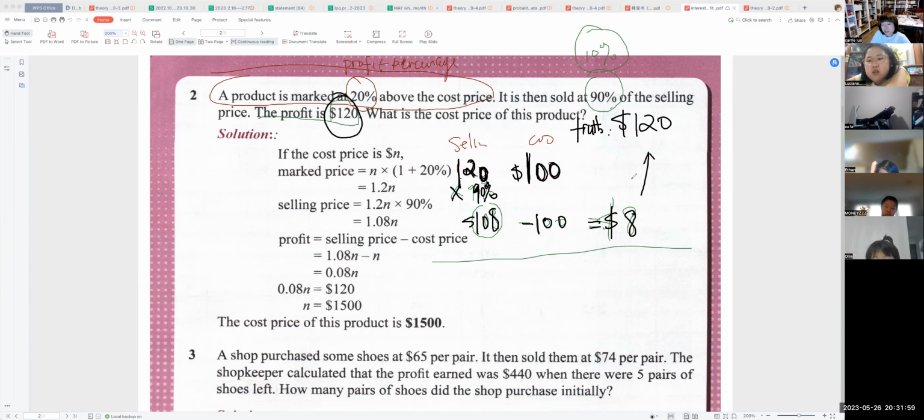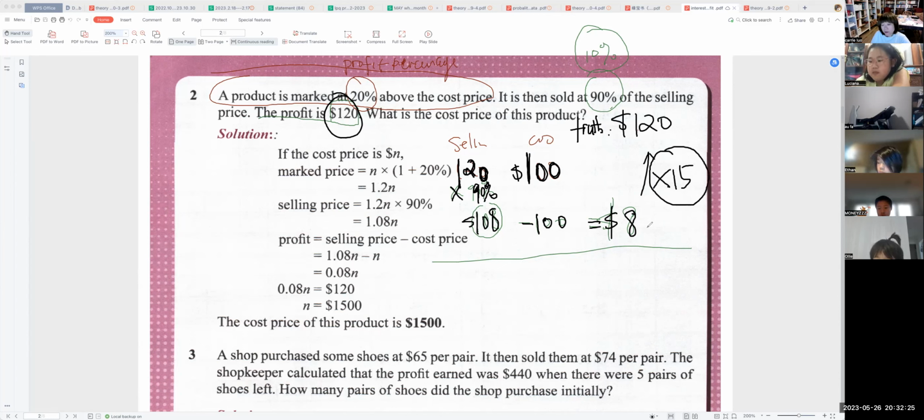So let me ask Luciana how to make 8 to 120. Ethan, how to make 8 to 120? Multiply by 15. Very good. Multiply by 15. 我们这个 Ethan 跟我学了那么多 ratio 哪里来用的？这个就是